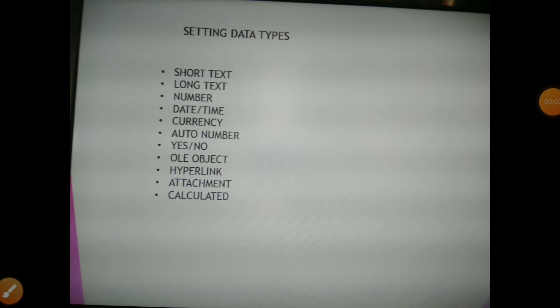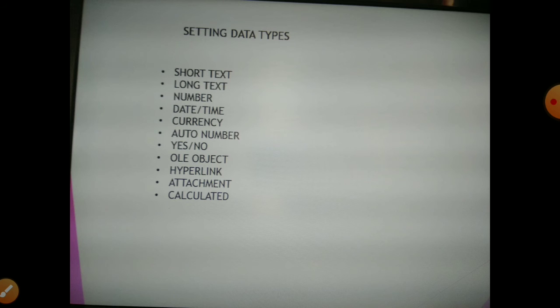Setting data types. Data types describe the nature of data. Setting a data type for a field helps us control what we can write in a field. A field can accept only the data that belongs to the data type defined for that particular field. For example, a field, say roll number, with data type number can accept only numerals. Some of the data types which we are going to see about.